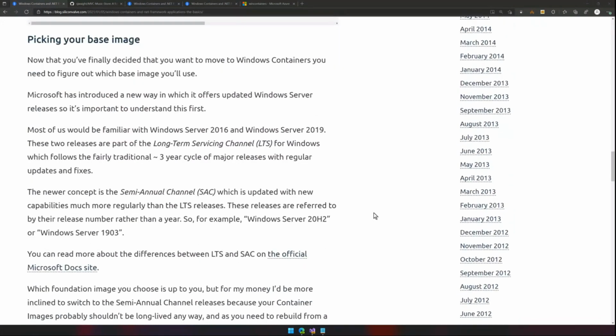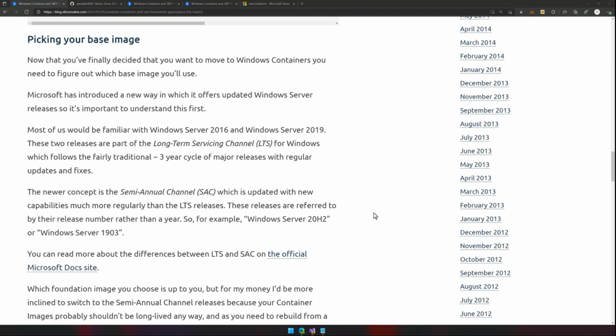Where it gets a little bit more interesting. So when we talk about base images, and this applies to Linux-based containers as much as it does Windows containers, you can choose from any number of source images. So when we look at a Dockerfile, we'll see that we have a FROM definition, and that FROM definition is our base container image. So you might see FROM alpine if you're using Alpine Linux to build a Linux-based container. In a Windows world, you'll see FROM mcr.microsoft.com. It's basically a full container registry reference to an image of a Windows Server container base image that you can use.